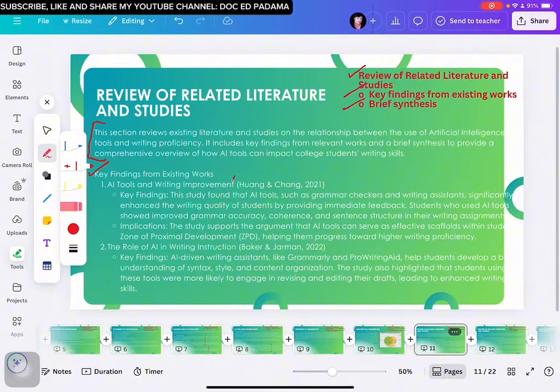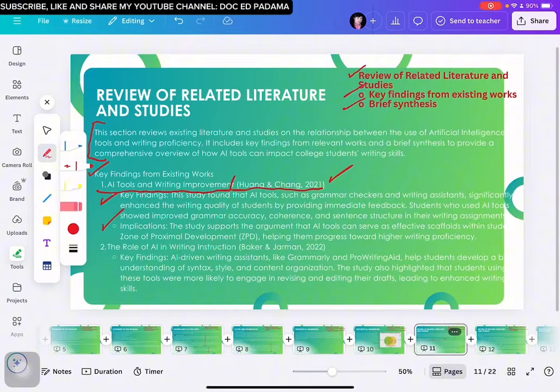You have to present the author and the year of publication, and then the title of the reference that you used, and then the key findings under that reference and the implication. How does this affect the study that you are conducting? And this will be repeated as needed. For this particular slide, I did not need to enumerate everything. So I just chose